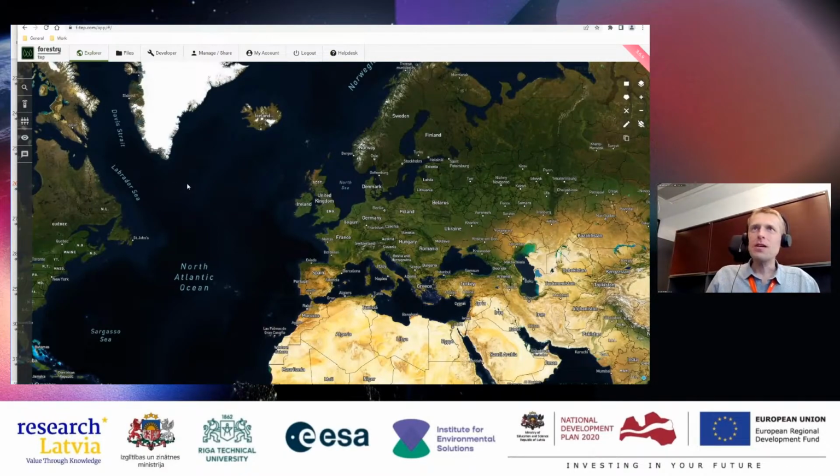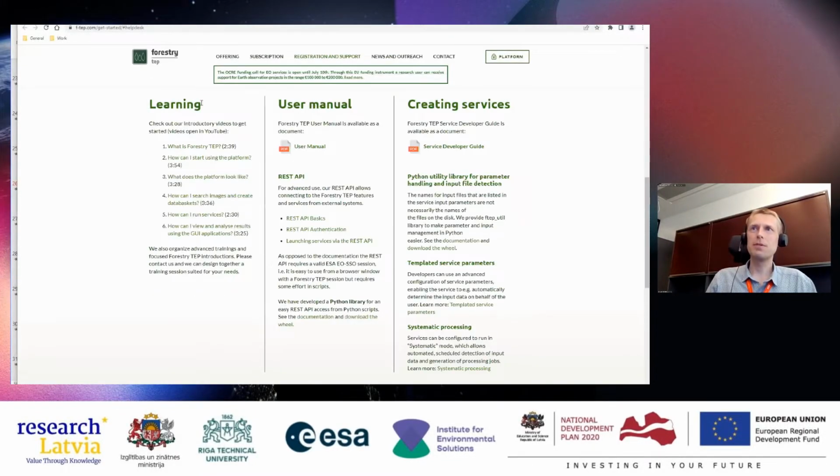So like I said, this is the interface where you end up, and this is called the Explorer interface. The Explorer interface is where most of the action happens. We will come back to this interface in a short while, but I will just show you briefly what the other interfaces are in this platform. First of all, if we start from the very end, we have the help desk. If you click here, you actually end up on the same web page where you have that information.